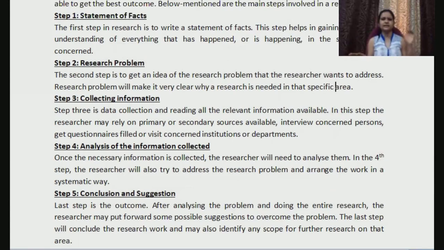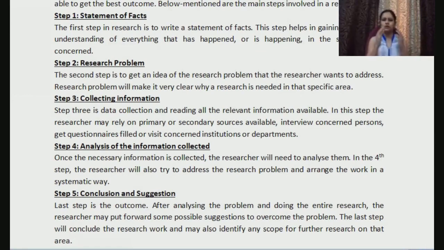That is like the research problem. You need to study legal methods. Then what you will do, you collect some information, right? Maybe you would go and watch some videos. Maybe you would download some materials and all that stuff. You would collect information. After that, you need to read that information yourself. You need to try to remember the important points, right? And finally, conclusion or suggestion.